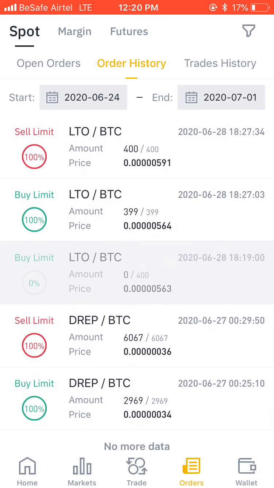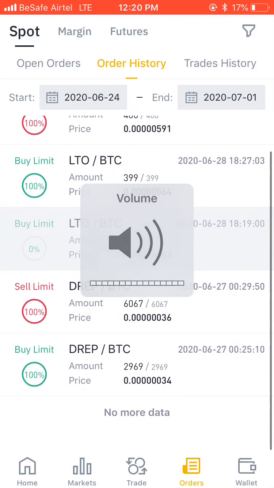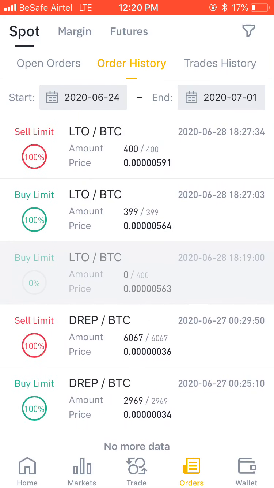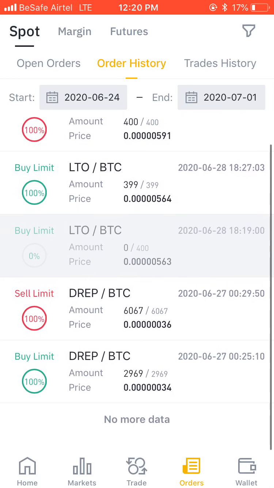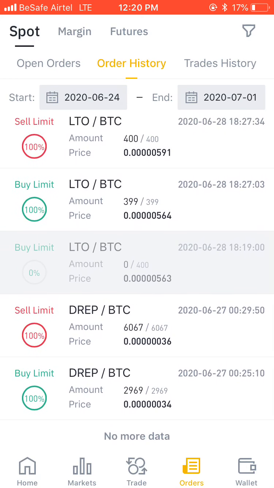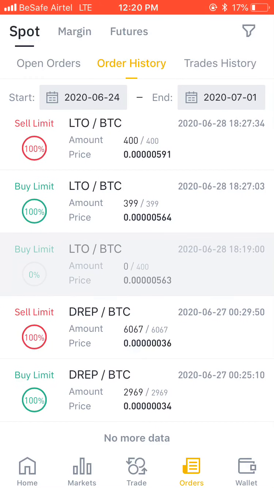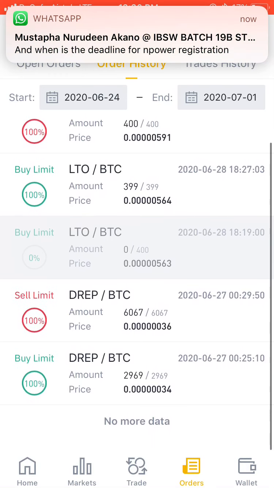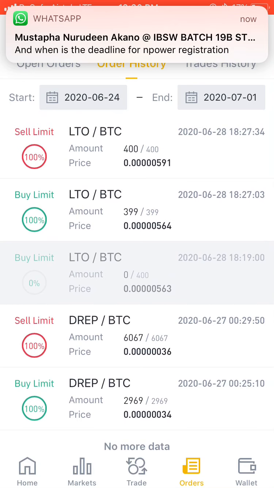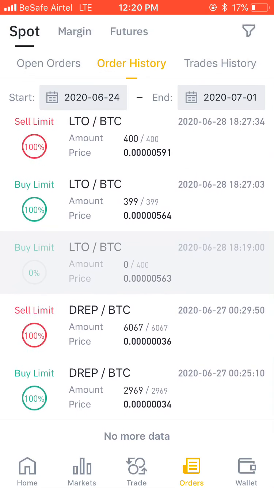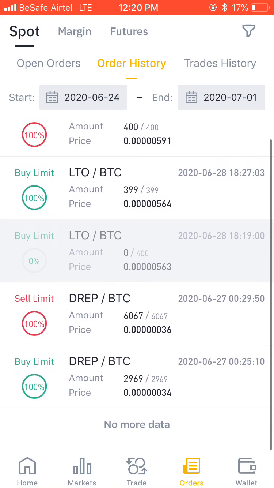Some of you have been asking me how to know if you're making profits. Some will come to me and say, boss, my money is increasing, I'm making profits. And I keep telling them, it is not the increment in your money you check. You check the increment in your BTC itself, not the increment in the value of the BTC you have. Once the value of BTC increases, your money will increase as well, but that doesn't mean you're making profit. When the value of your BTC decreases, your money will decrease too. So does that mean you're making a loss?